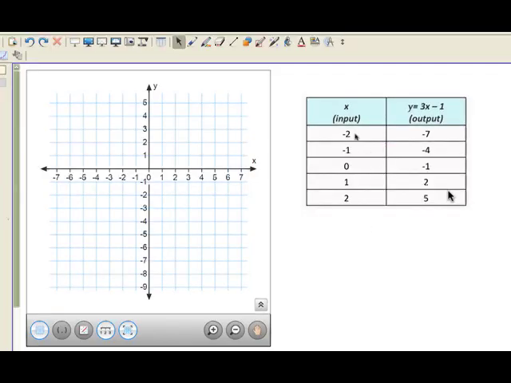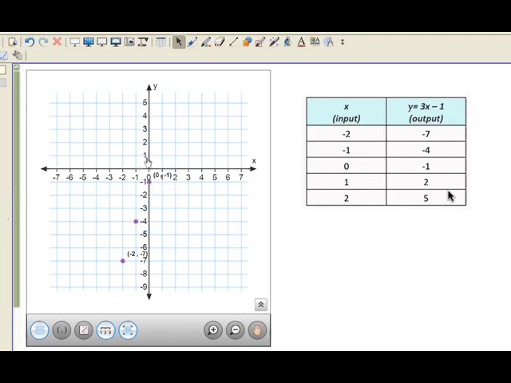So we're going to graph this linear equation, and our first coordinates are -2, -7. So we go to -2 for x and down to -7 for y, and we can plot a point. So there's -2, -7. We're going to plot a point at -1 and -4 next. And then our next coordinates are 0, -1. So our x coordinate is 0, so we stay on the y-axis, and we move down to -1 for our y coordinate,